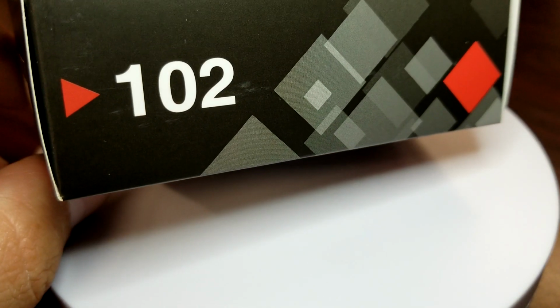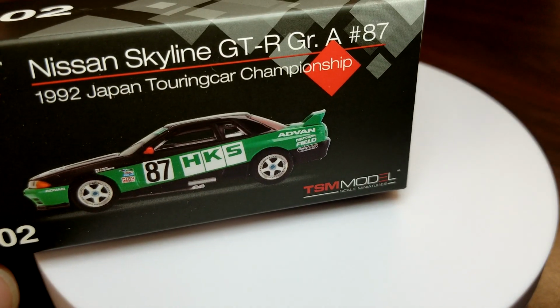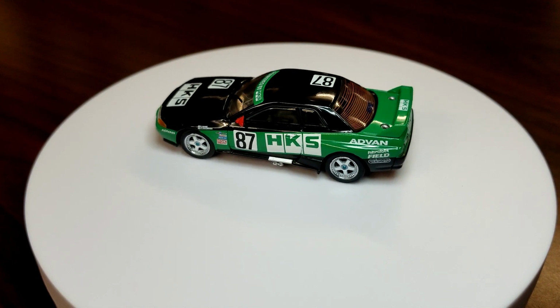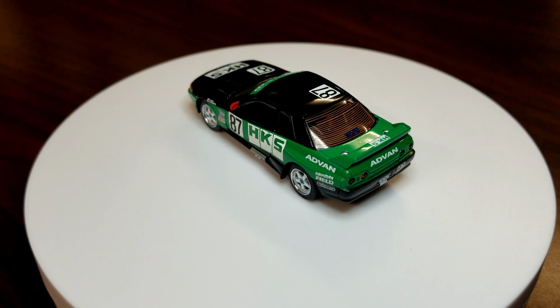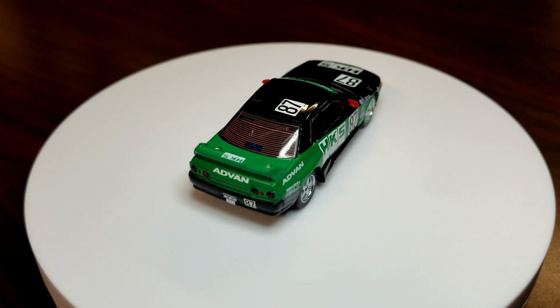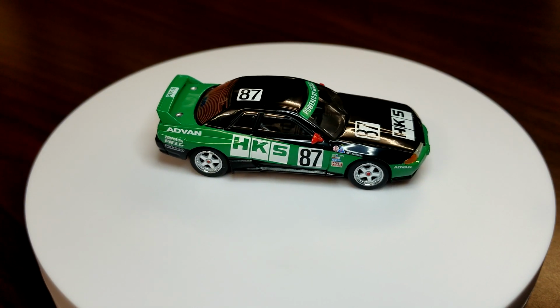Now, I did get an older Mini GT that I happened to miss. This is a much, much older release. This is the box that they used to use. This is number 102. This is the 1992 Japan Touring Car Championship R32, number 87, HKS in black and green. This one, I just never happened to come across on my normal Mini GT channels. It's actually been on my radar for quite some time to pick up. Just haven't done it, but finally found a pretty good deal on eBay. Got this for about 13, 14 bucks shipped to my door, which all day, every day for Mini GT,